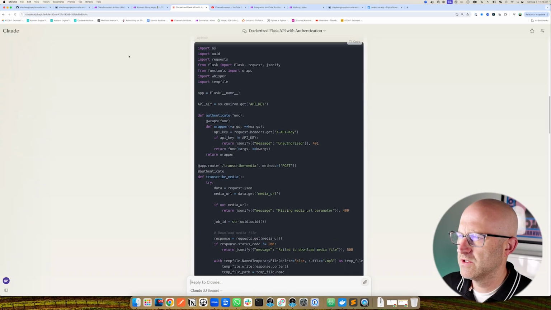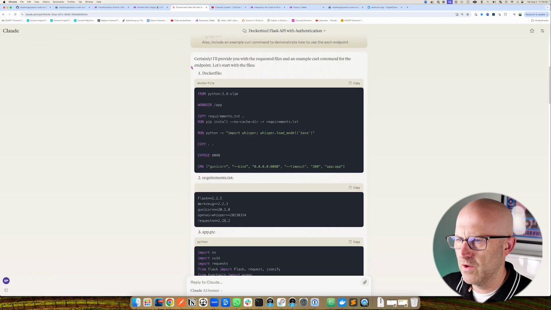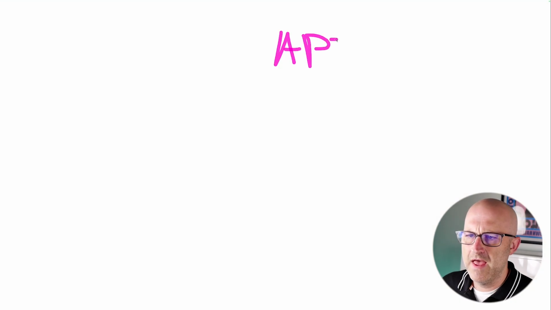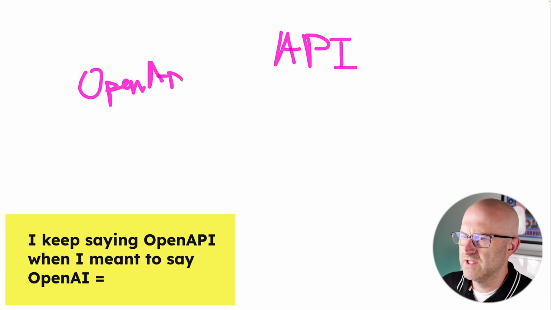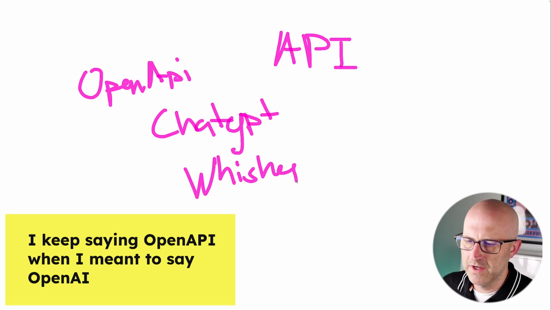So in this example, we're going to use Claude to help us write all of the code that we need to deploy our own API. And it's also going to help us create this Dockerfile, which is going to make deploying this code very easy. Now, when you think of an API, let's think about OpenAI and the service that they have that we use a lot. In that, we can call ChatGPT and other services like Whisper in order to get our transcriptions